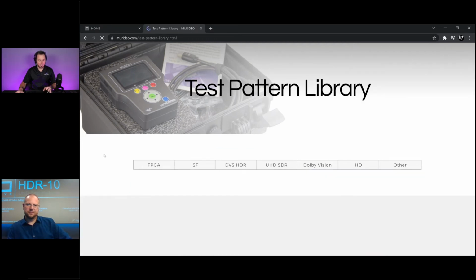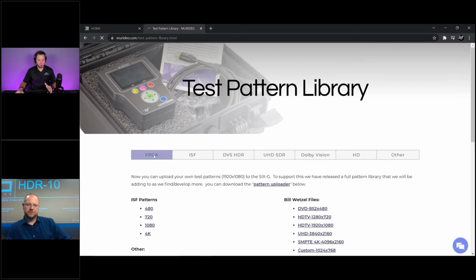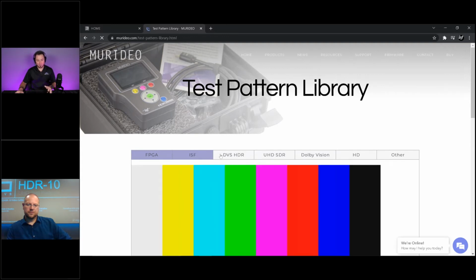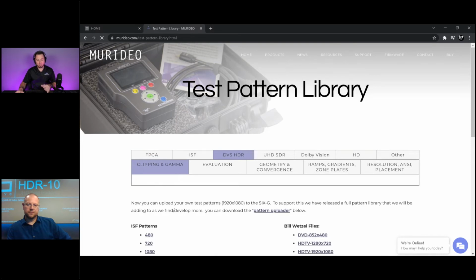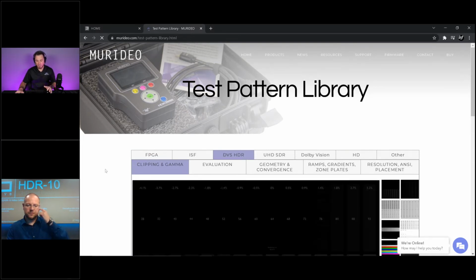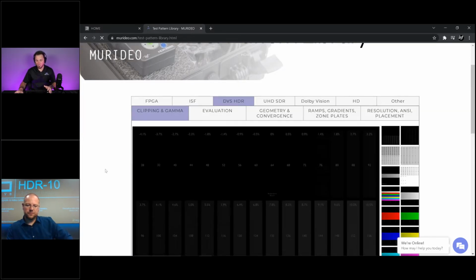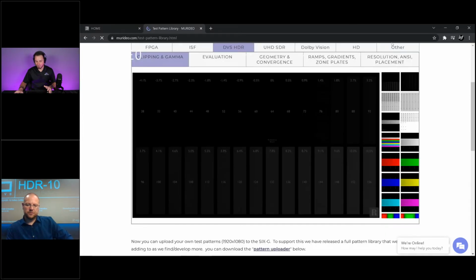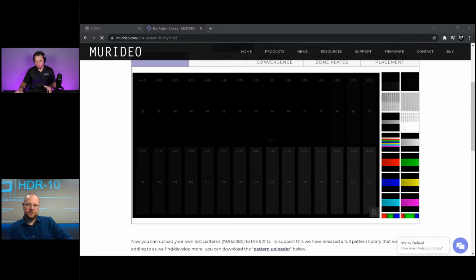So the FPGA patterns, the ones that we've loaded straight into the FPGA chip, some patterns from ISF, Greg from PVA has some patterns here as well. Here are your patterns, the DVS HDR patterns. I'll point out one that I love and use all the time, and we can talk a little bit about why this is such a cool pattern and what its use cases are. But if we scroll down right here,